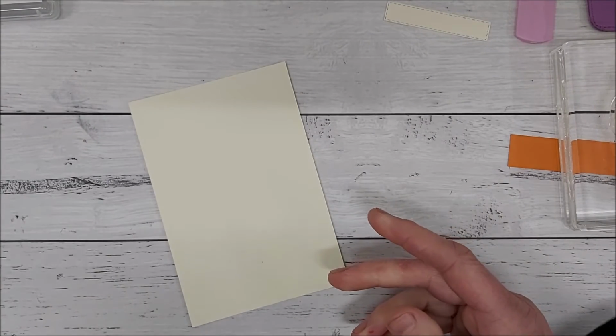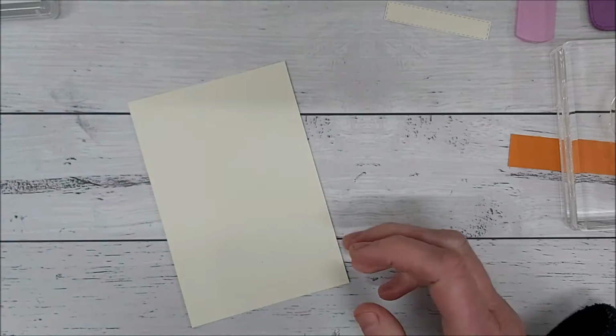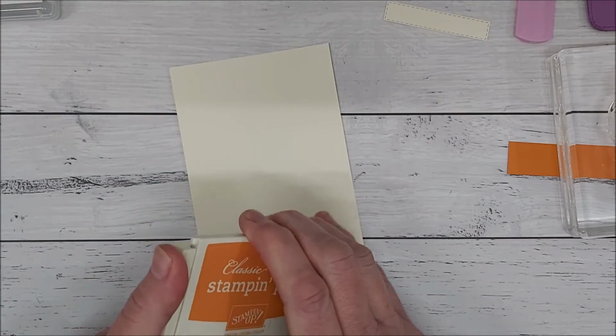So the first thing you need to do is, the stamp set I'm using is Beautiful Friendship. Now you will notice on this card here that doesn't have the layer of Sahara sand, so I've added that into this additional card, so it'll just step it up a little bit. So Beautiful Friendship, and we're going to take the ink of the pumpkin pie,